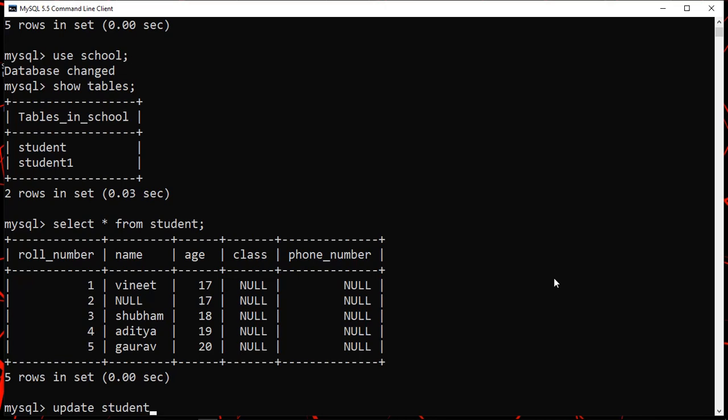Now we need to write what we need to change, what the old value was and what the new value is. So we'll write update student set name equals to, suppose you want the name as abhay, name equals to abhay. And we need to specify at which particular place we want to change this name.